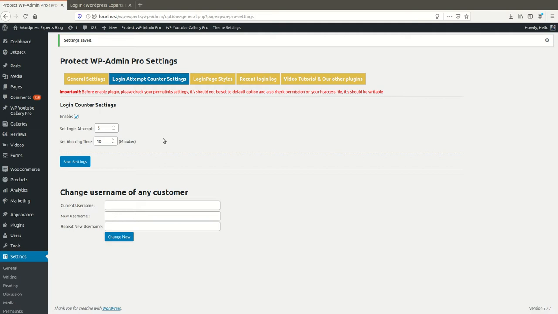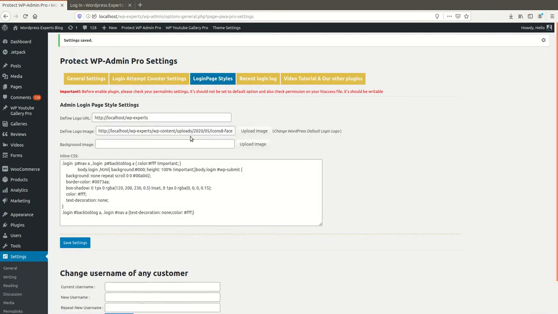When a user makes 5 unsuccessful attempts, the login page will automatically be blocked for the next 10 minutes. In that case the user will not be able to access the admin URL even with the correct username or password. So these are the settings.